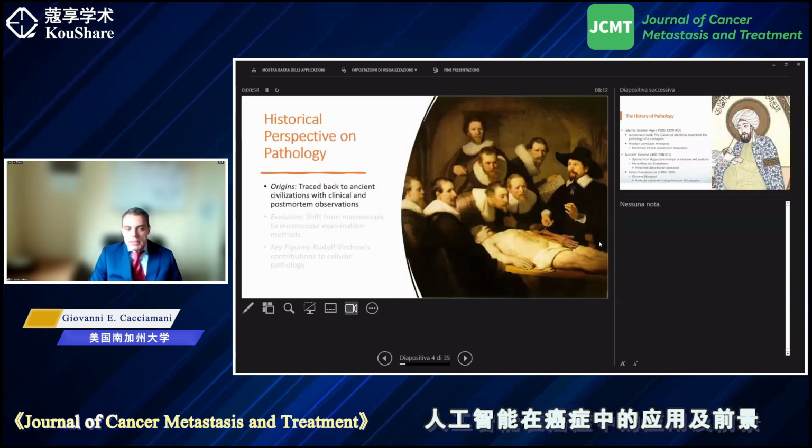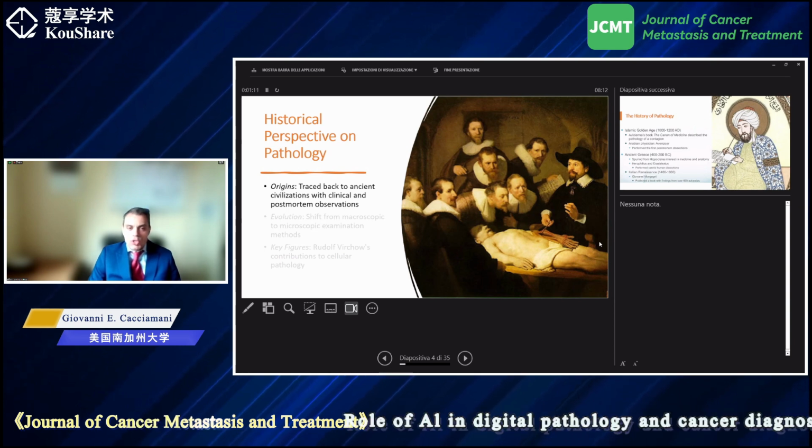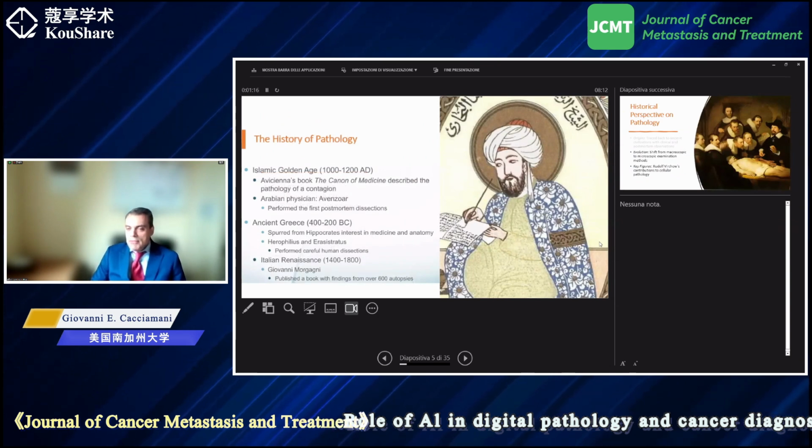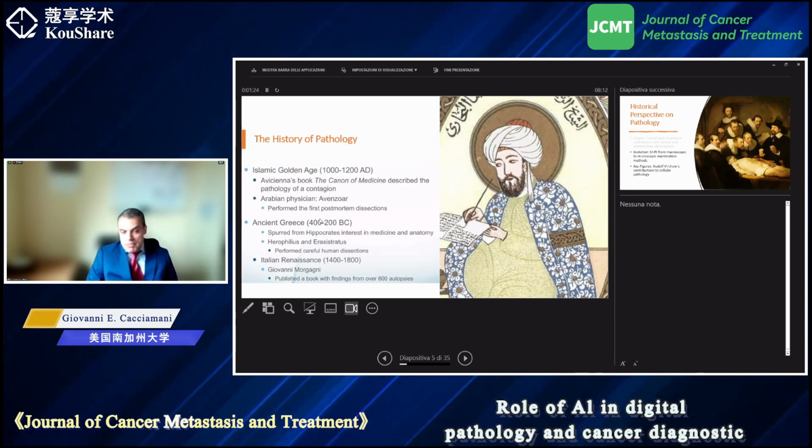And as you know, pathology is basically the discipline studying the morphological changes in the body, in the organs and tissues related to different diseases. So the origin is indeed ancient and relied for a long time on post-mortem observation. And even though here in Western countries, we tend to refer most of the history of pathology and basically of